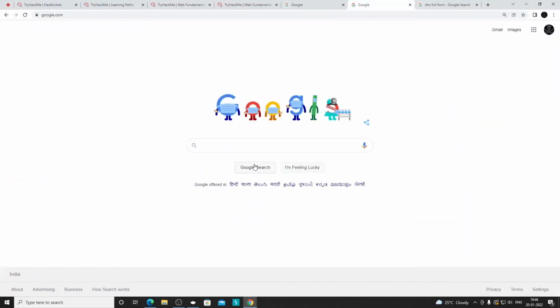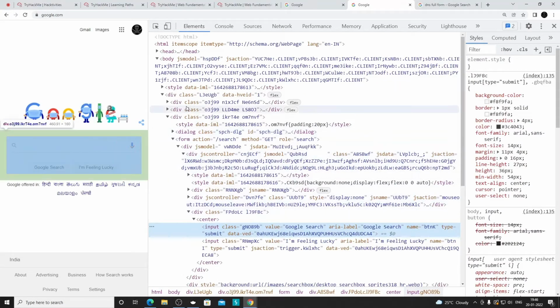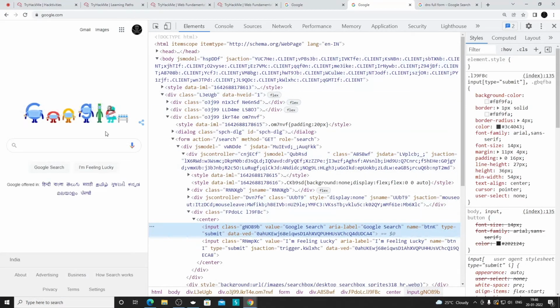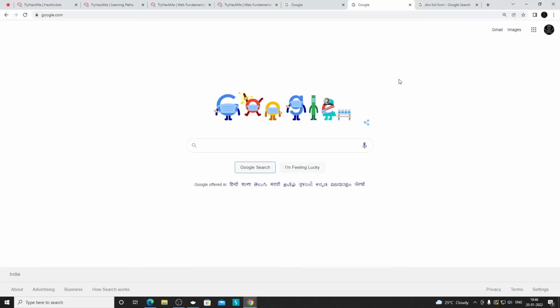Here if you right click, inspect element, all these divisions, this input, all these are actually HTML code. So a website is mostly made of HTML. Then we have CSS, which is used to design, like the curves around these buttons and all these things. So for designing we have CSS, and then we have JavaScript as well.